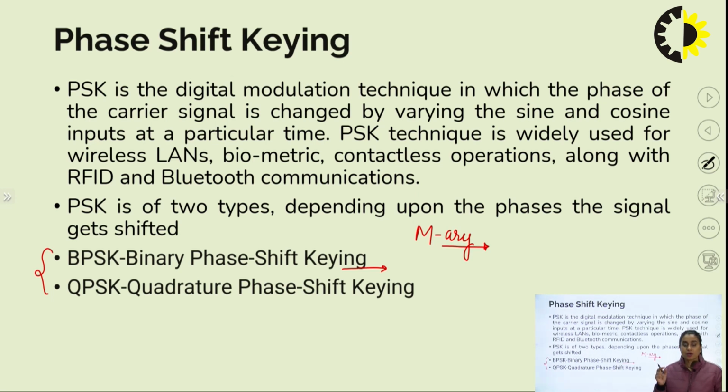If I consider one symbol as responsible for variation of my wave characteristic, and my symbol consists of n bits, then the number of variations is given by capital M, which is 2 to the power n, where small n defines the number of bits, right? So if in a symbol I consider one bit, and because of that one bit there is a variation in the characteristic of my wave, then considering n equals 1, my M will be